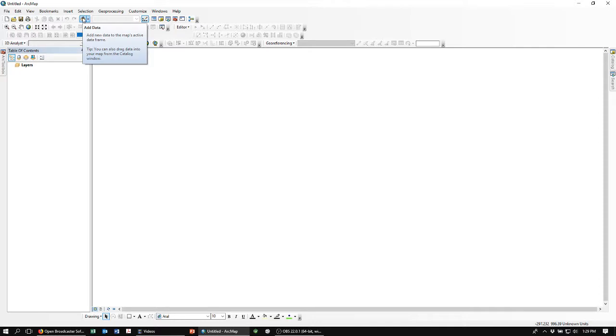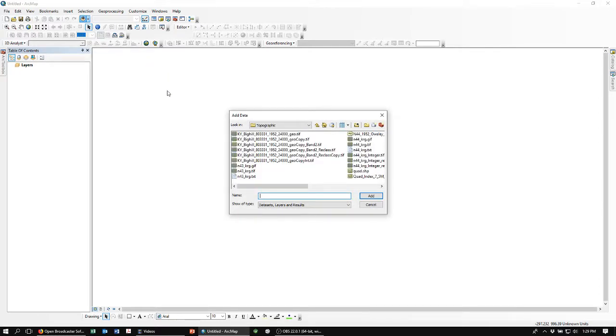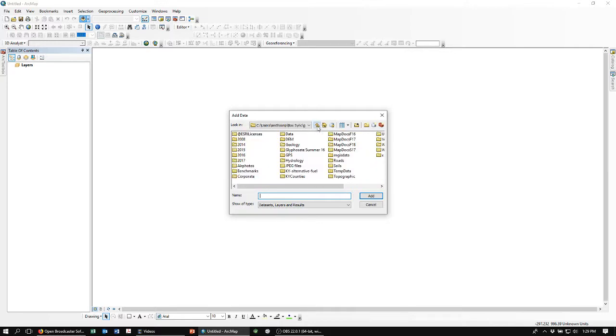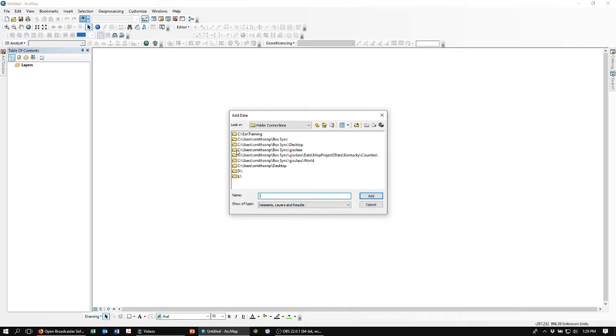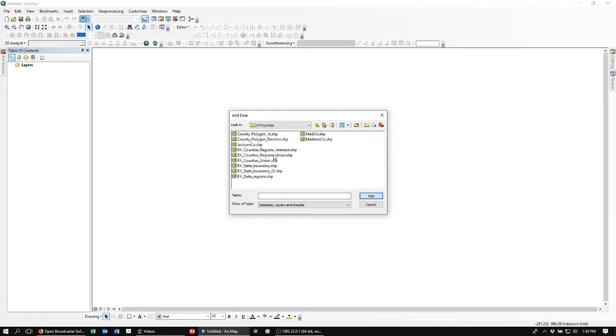There are two ways to add data. You can press the plus button there. Watch out where it goes, because it goes to the last folder that you used, and you can go to your connected folders if you have some. Those are somewhat handy. I'm going to start with the Kentucky counties map, and I have a county polygon in